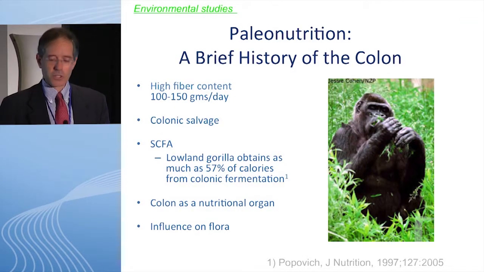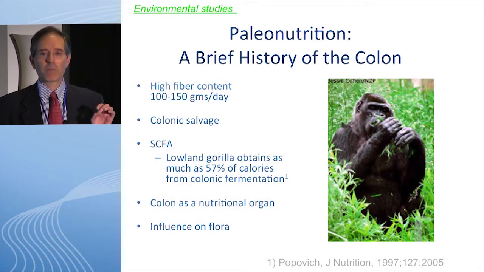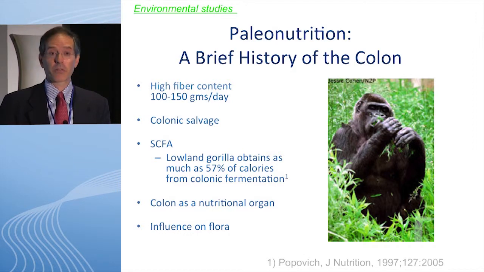And when we look at it, very briefly in my minutes remaining, we used to take in, meaning 12,000 years ago, before we became farmers, much more fiber. Paleonutrition is an interesting branch of nutrition, suggesting we took in 100 to 150 grams of fiber a day. Our diets typically now are more like 10 to 15 grams. The American Heart Association recommends 35 grams.